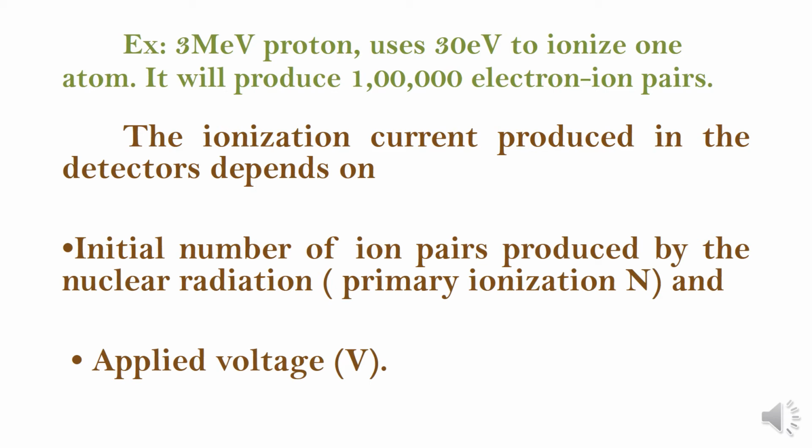So, we are not having any control over N because it depends upon the type of radiation which is entering into the chamber. But we can have control over V. So, let us discuss how the ionization current depends upon the applied voltage. Let us do one experiment and study how ionization current depends upon applied voltage, and this topic is very, very important for your exam also. Therefore, the heading is variation of ionization current with applied voltage.